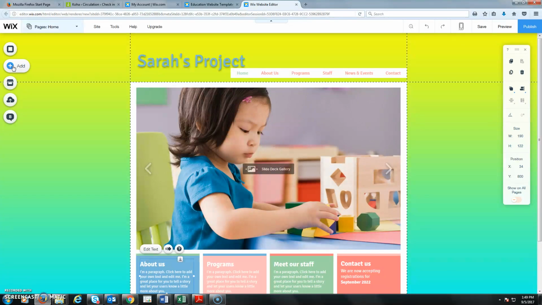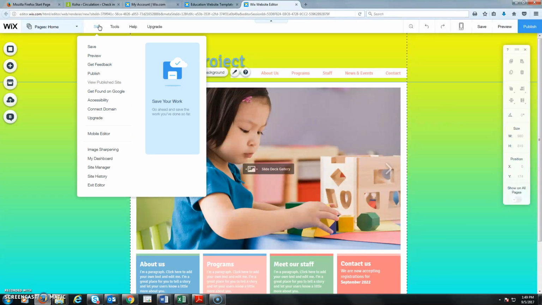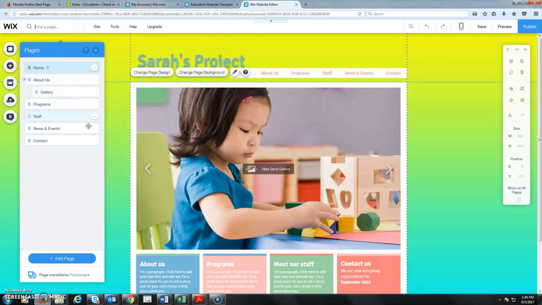So let's look at adding a page. So if you have a project and there's different things you want to add, it's kind of like maybe setting up a notebook. So you're going to go to Pages, and this is going to give you how things are layered in your website. So our landing page is our home page. Then you can see that these titles over here correspond with what is laid out in your menu up here,